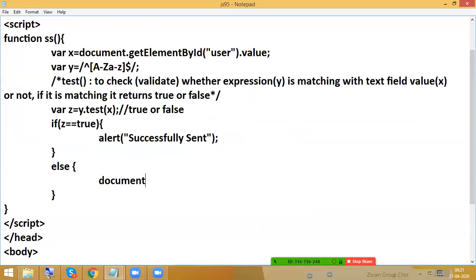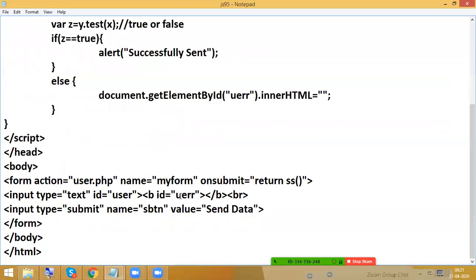document.getElementById UERR innerHTML. Inside we are going to have some text. What is the text here? Field is required. Okay, field is required, no need. So alphabetical, just simply.